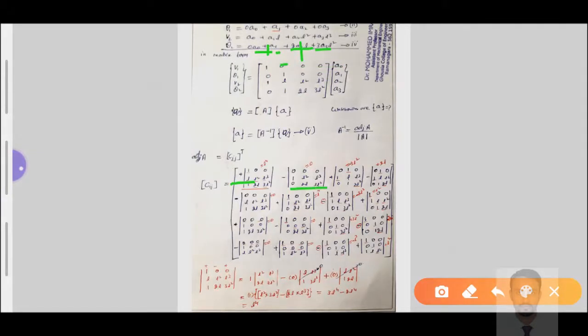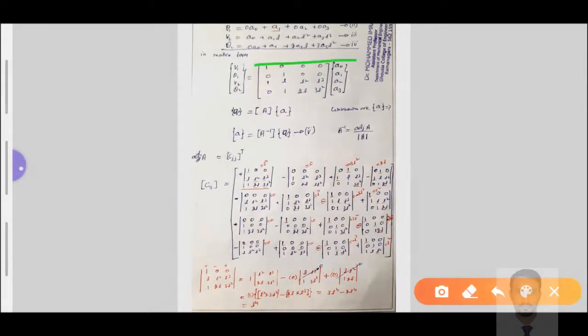To get that value, there is a minus sign, first row second column eliminated. The values I have taken here are 0 1 0, 0 0 1, 0 0 L square, 2L 0 L square, 2L, and then 0 L cube 3L square. Likewise I have taken it completely. Now we need to get this value. First row third column eliminated, these values we take: 0 1 0, 0 1 0, then 1 L 1, 1 L 1, then 0 L cube 3L square.